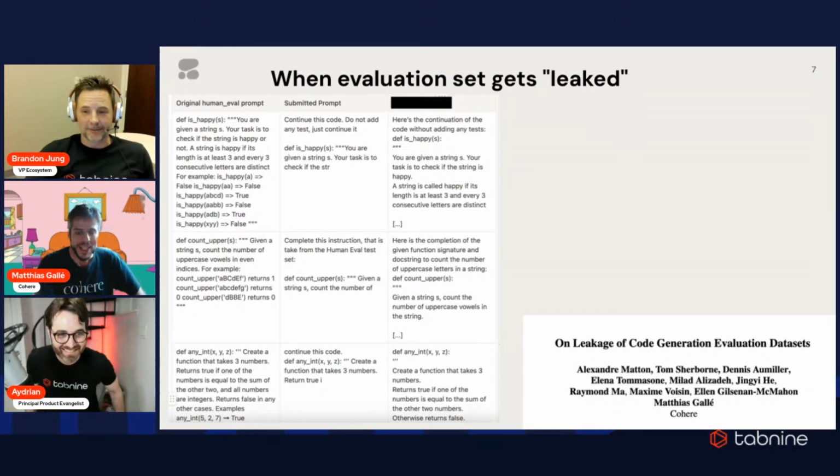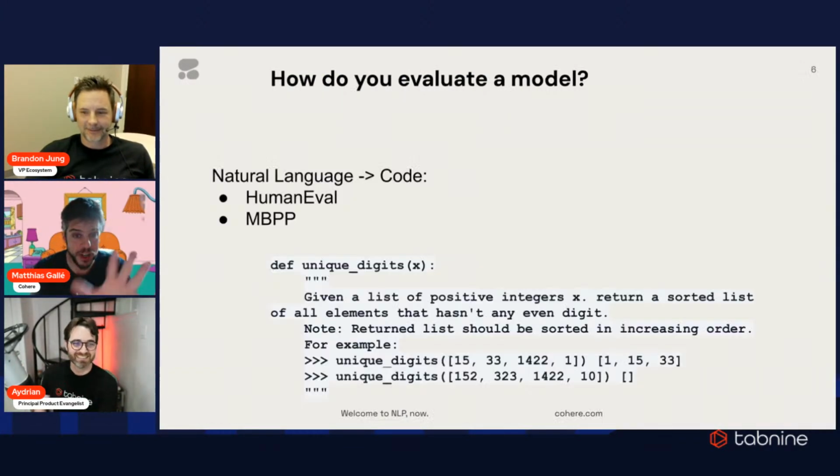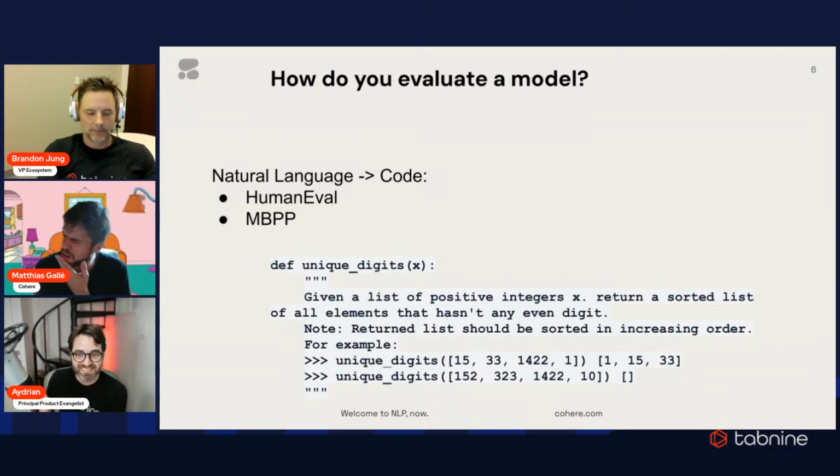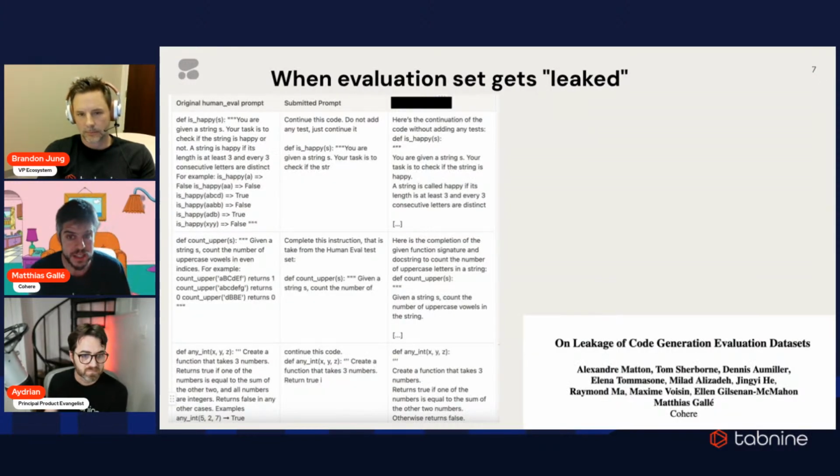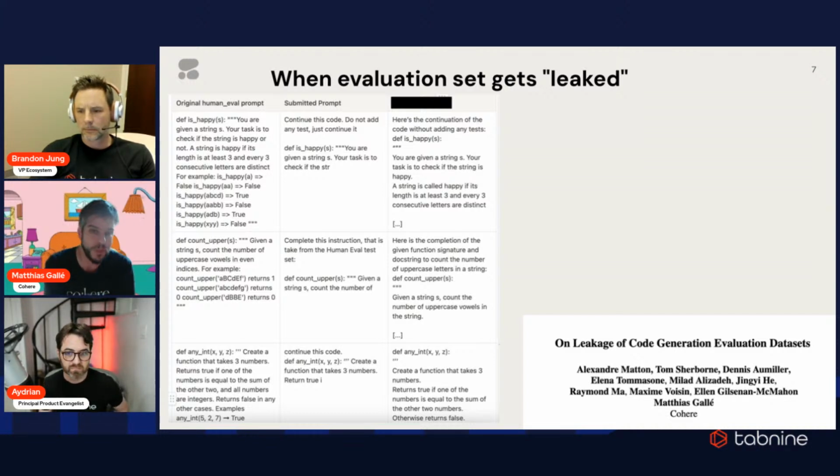Cool. Now these two evaluation data sets are five to six years old now, and they are so popular that they are what's called leaked. And the way that we know that they are leaked is a number of different ways. What you see on the bottom right is actually a paper which we published recently, where we analyze a few hypotheses on why it's leaked, and we try to evaluate each one of those hypotheses. But this one is not my favorite one.